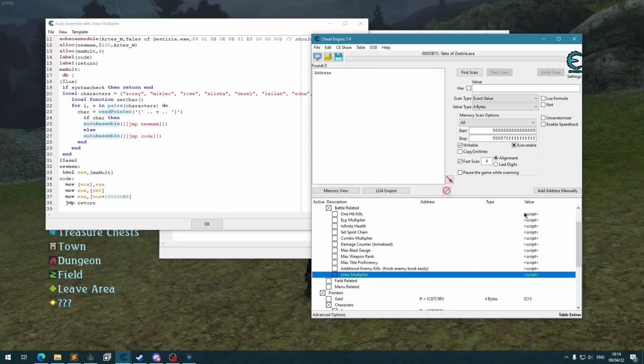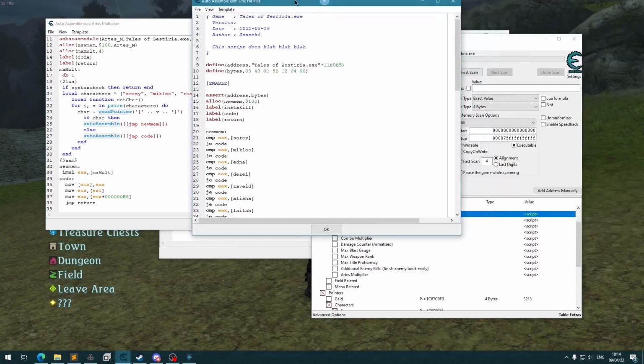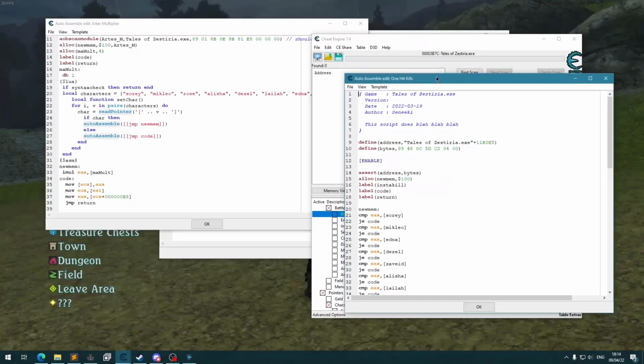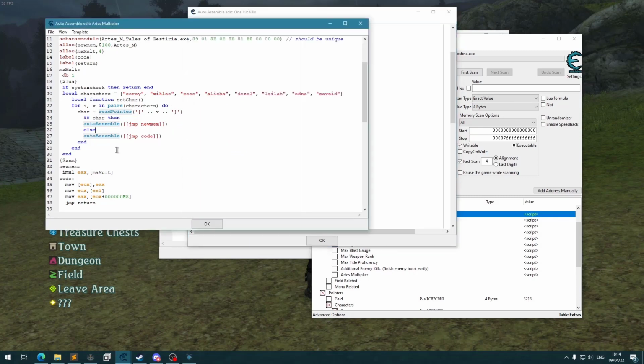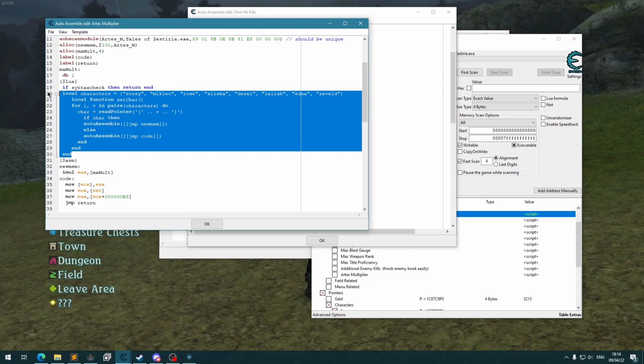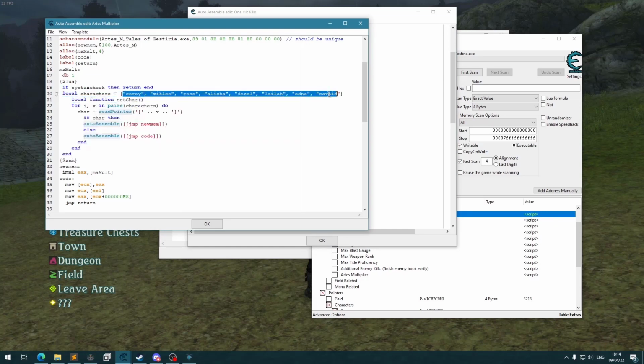So this one hit kills. This one hit kills here. And I made a mistake and I left one out completely. By running it this way, you've only got to do that. And as you can see, you can just copy and paste. This is why I'm using local variables, local functions. Using all of this,